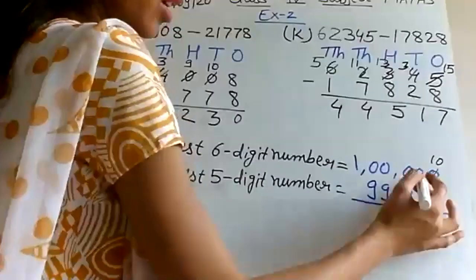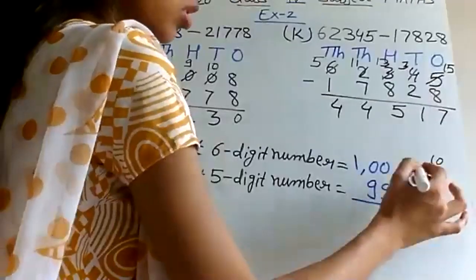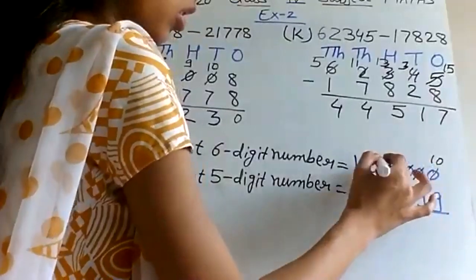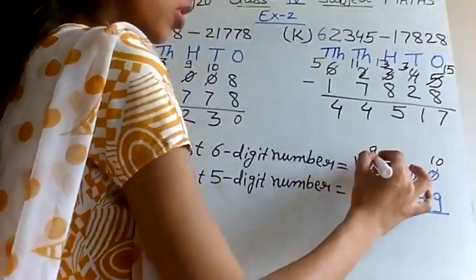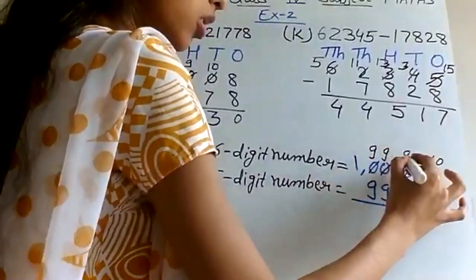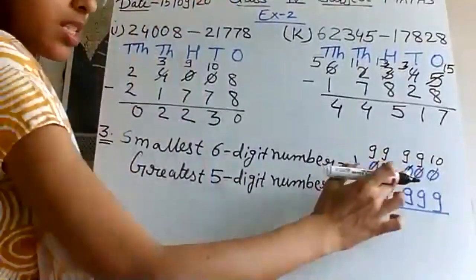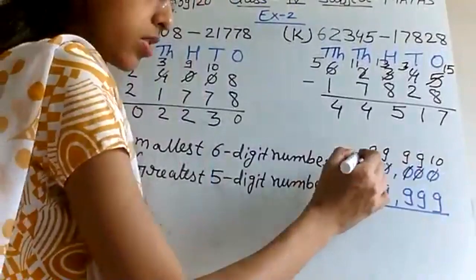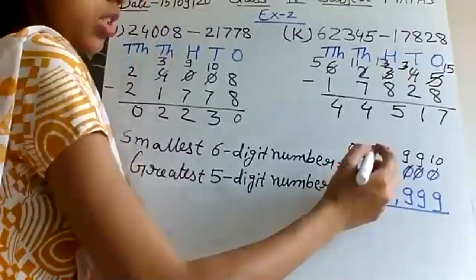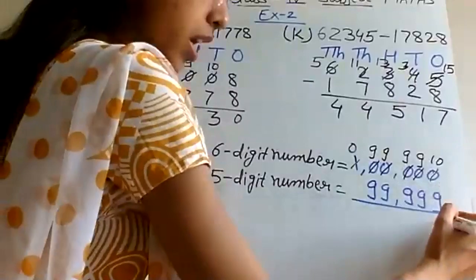Zero will take carryover from previous zero. So all the zeros will become 9, because all these numbers are zero. What are they taking carry from? From this 1. This 1 will become 0. Now subtract the number. 10 minus 9 is 1.